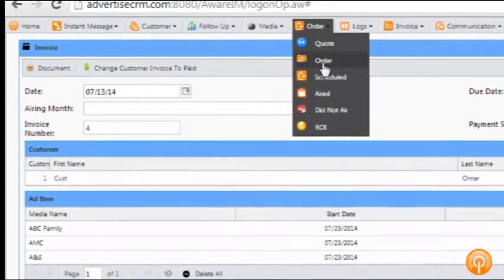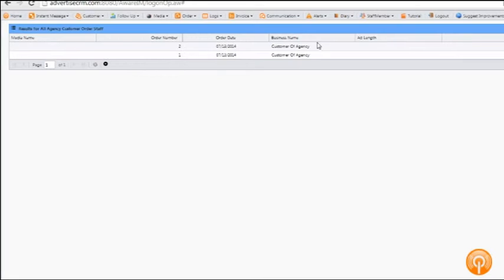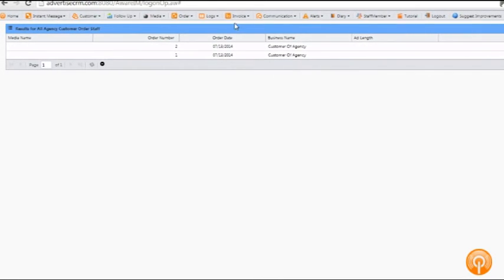Now if we go to the top and we look at order, we will find this order inside of the system. And if we go to invoice,